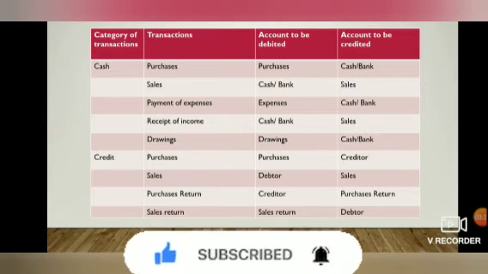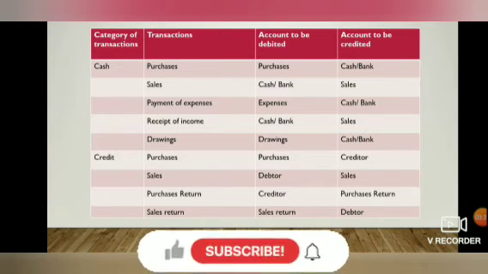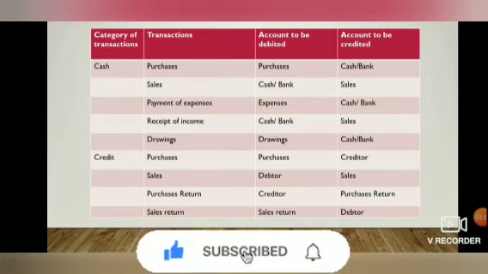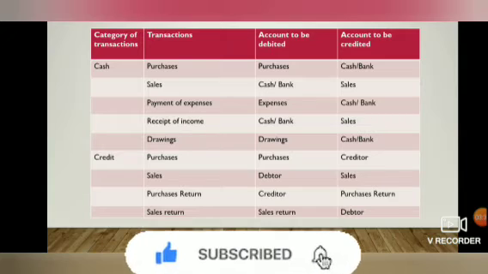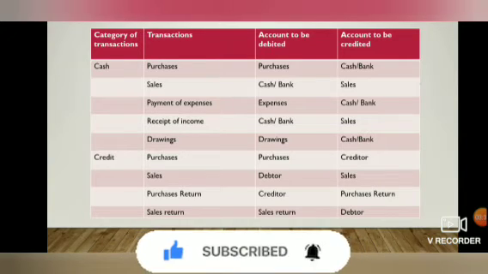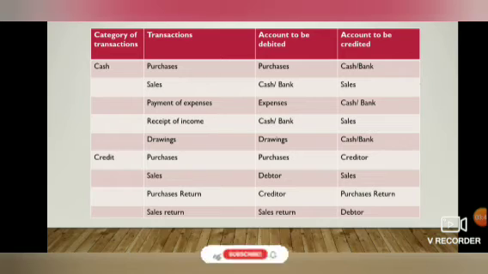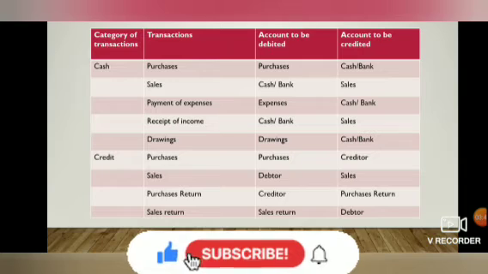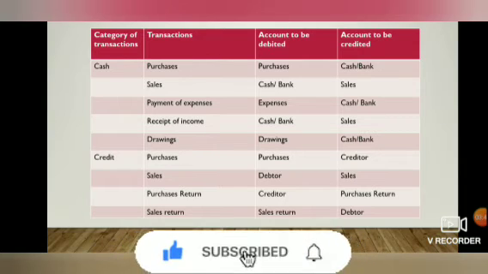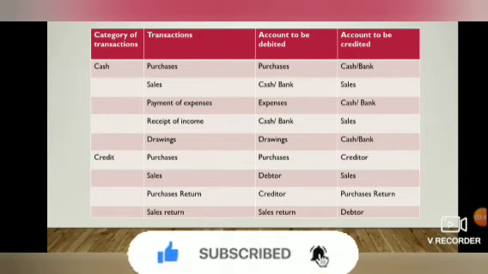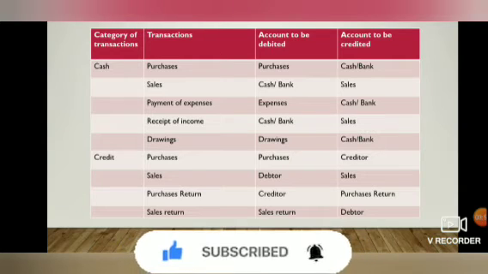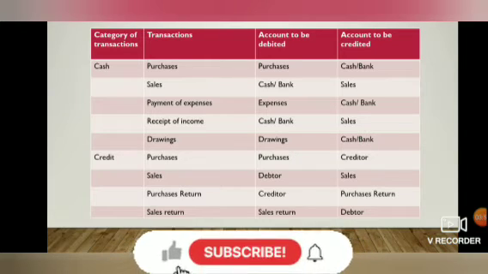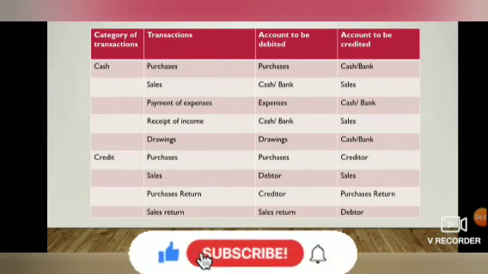Now, as I mentioned before, depending on these transactions, how it's debited and credited will change. So just to give a better idea, when you have a cash purchase, that's when you buy it and pay at the same time, then your expenses are increasing because you're buying. So your purchases account is debited and your cash is decreasing. Cash is an asset, so it should be credited. So it's the same logic that you need to follow throughout the different types of transactions, and these are just a few examples of transactions that you might meet in businesses.